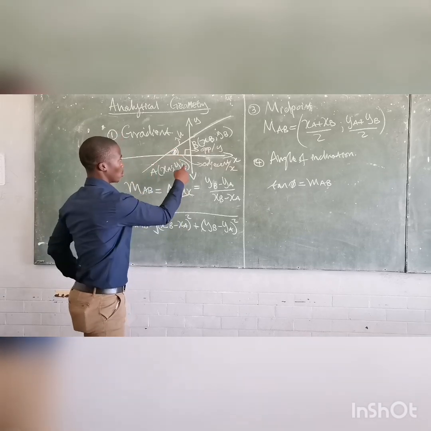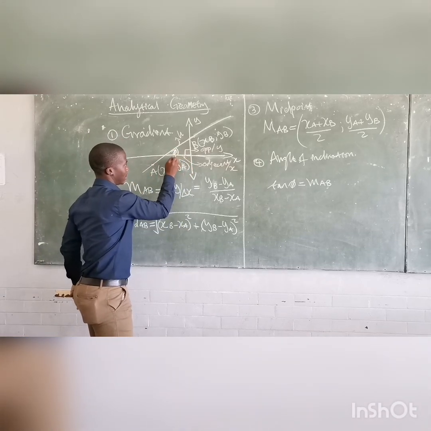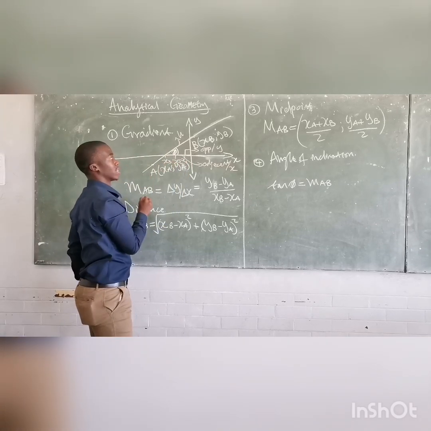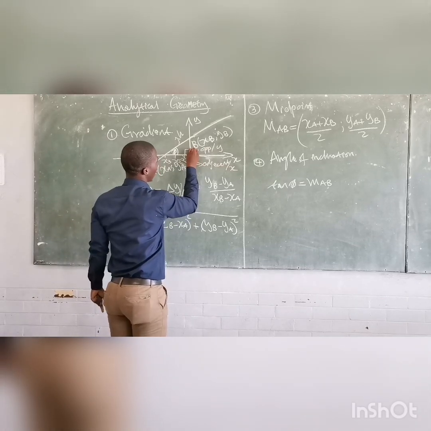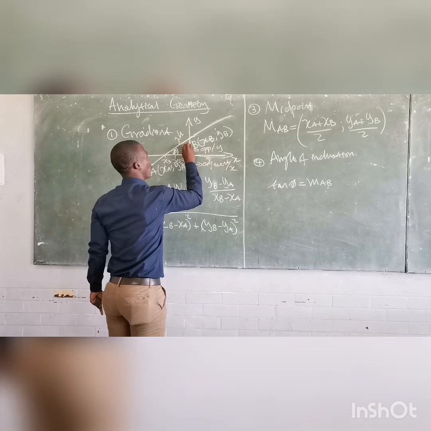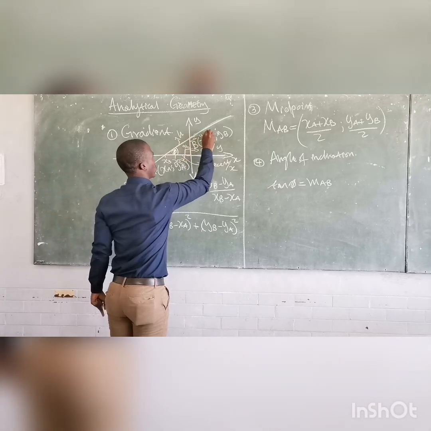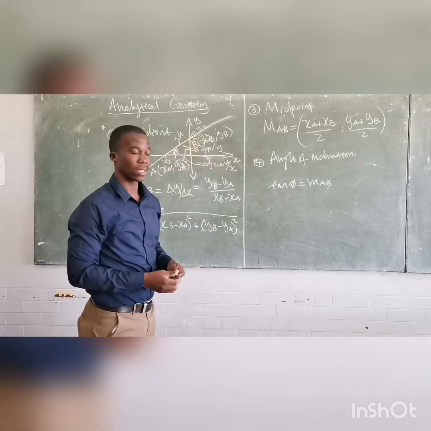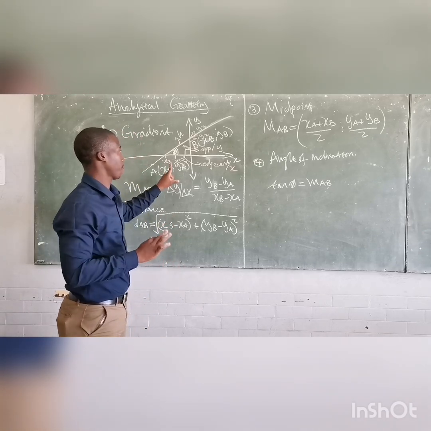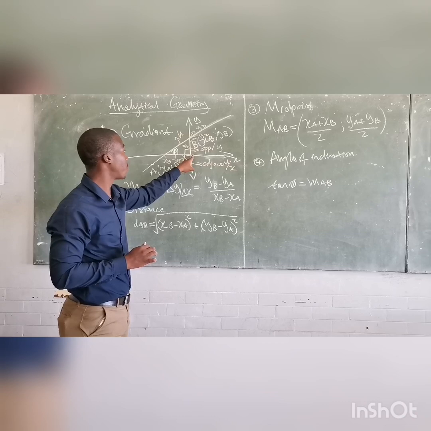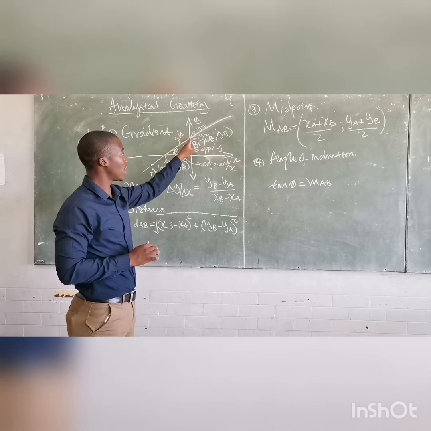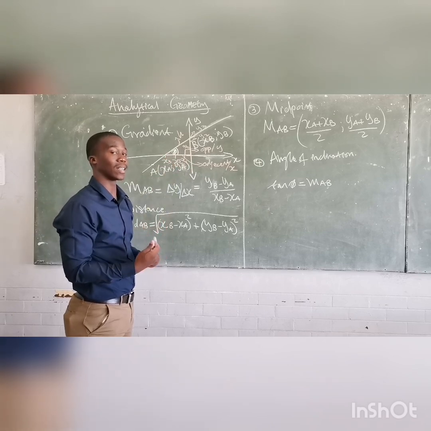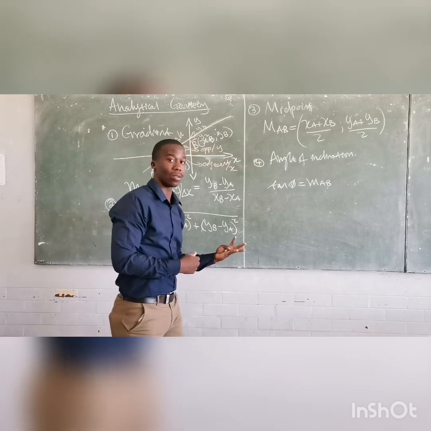On the Cartesian plane, you have points on the x-axis, right? x1, x2, as well as x3. Then you also have points on the y-axis, so you go back: y1, right? As well as y2, all the way to your y3. So when you can find the distance, then once you have this distance,